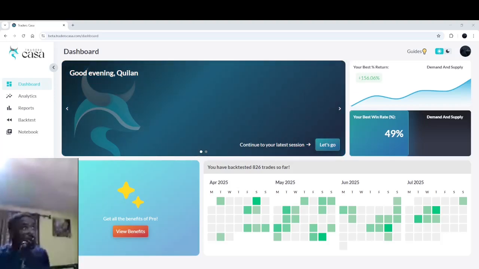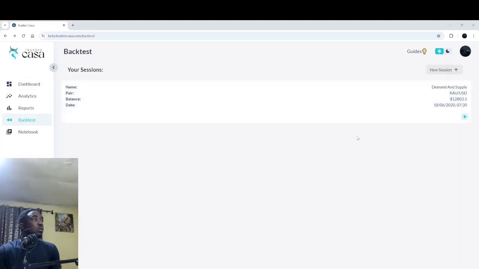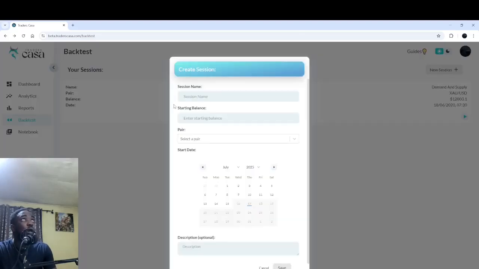First of all, if you're a beginner and you want to backtest for free, we have a free website where you can backtest for free. This is TradeCasa. You can type tradecasa.com. The next thing you do is look at the panel on your far left, click on backtest, then tap on new session. We'll call the new session sniper